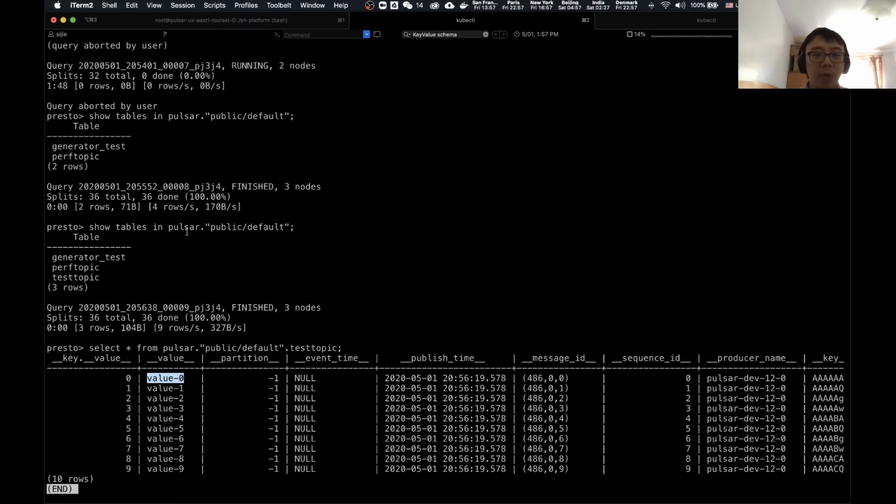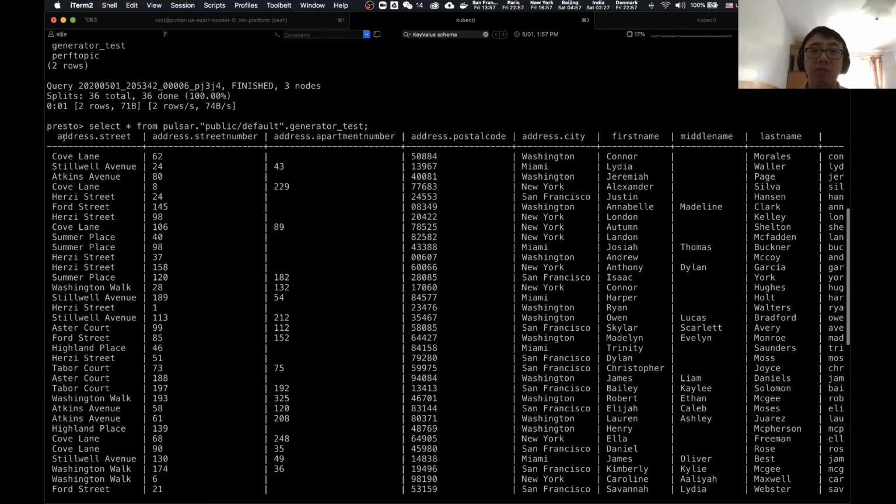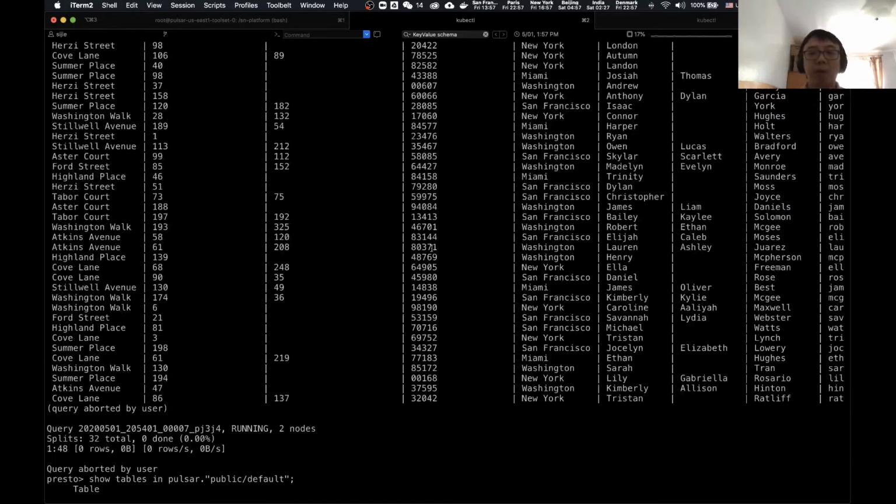So when Presto queries the topic, it will basically map the key schema to be prefixed with underscore key. So all the fields for the key schema would be prefixed with underscore key, and the value would just be the same as a normal value you would query from either